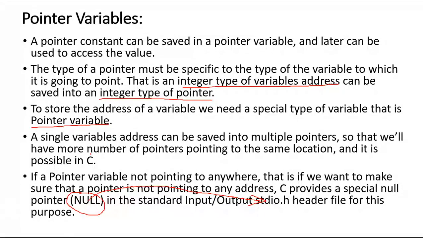We can't save multiple variables' addresses into a single pointer. In order to store multiple variable addresses, we need multiple pointers. Every pointer is capable of storing a single variable's address. We can't store multiple variable addresses. Suppose you have a single variable A, in order to store that A variable's address, you have to